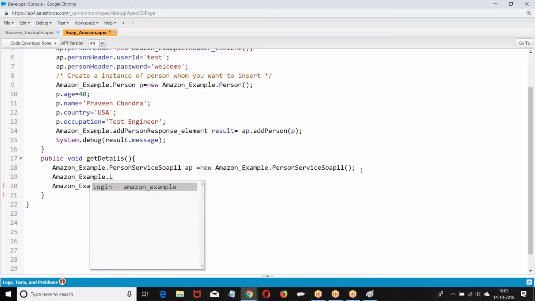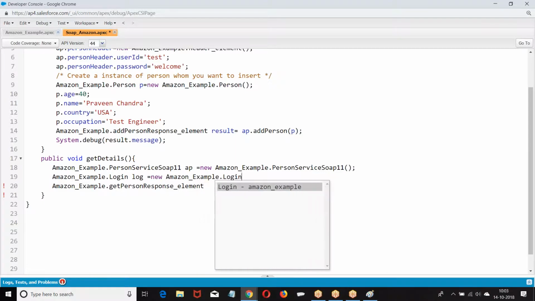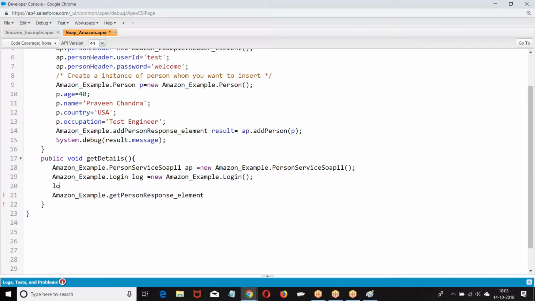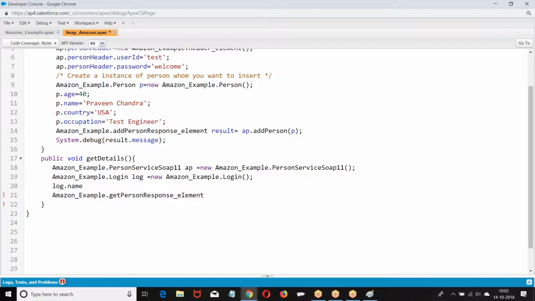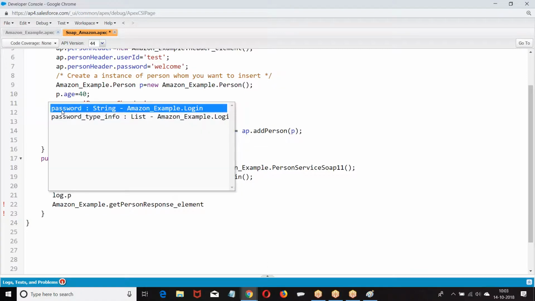Amazon example dot login. Then log dot name, log dot password.